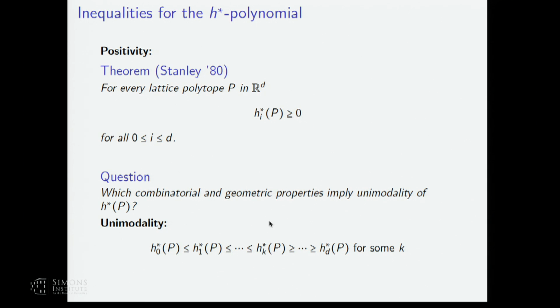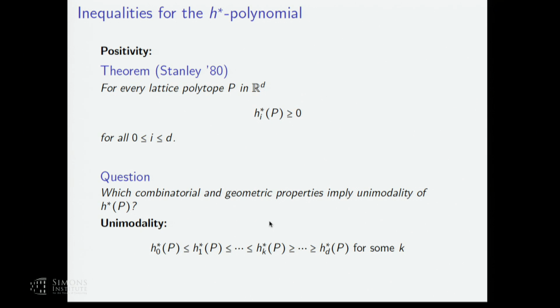So we want to find interpretations where these numbers actually mean something combinatorially. Or at least we want to characterize and restrict the possible h-star polynomials. Non-negativity is kind of the easiest inequality that you can have, and there's a variety of other inequalities that are known for arbitrary polytopes. And so this is one direction of studying h-star polynomials for arbitrary polytopes,